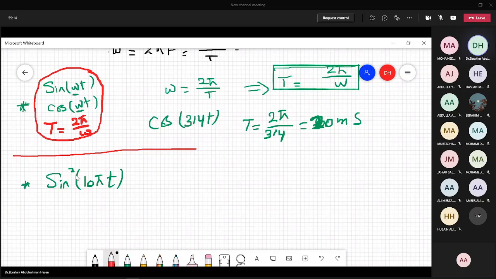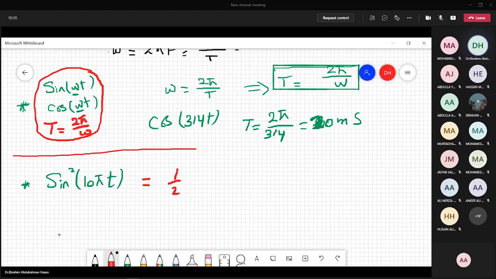Square, cube, to the 4, it is again always periodic. Always periodic. How to find a period for this one? We need to linearize this one. Use the identity here. Okay, so this is equal to